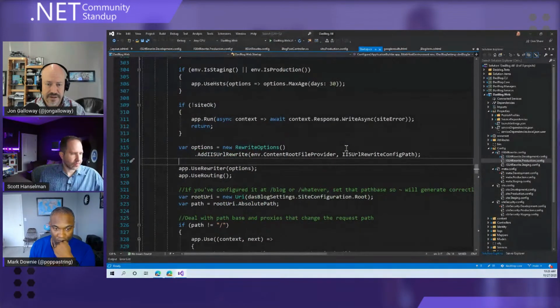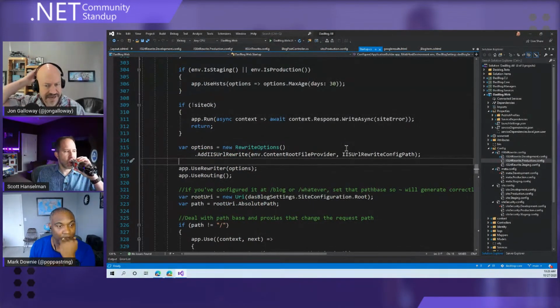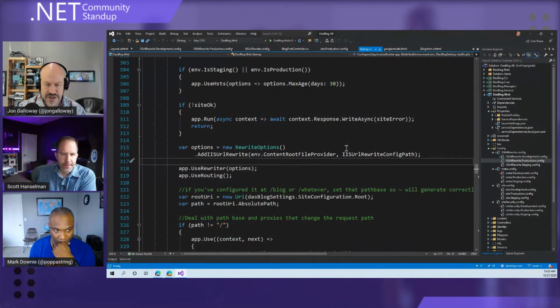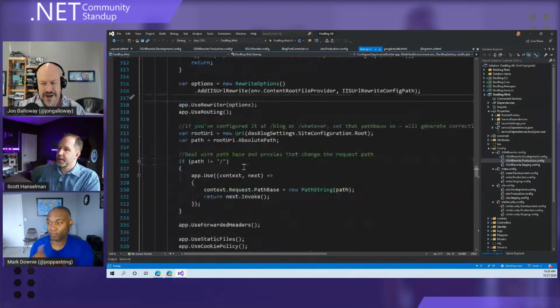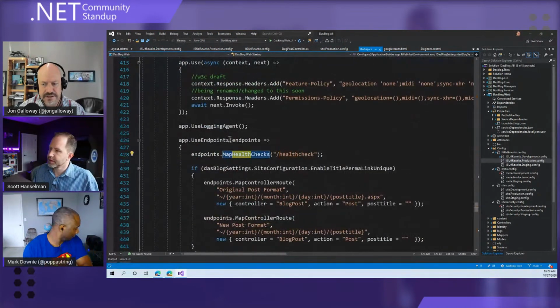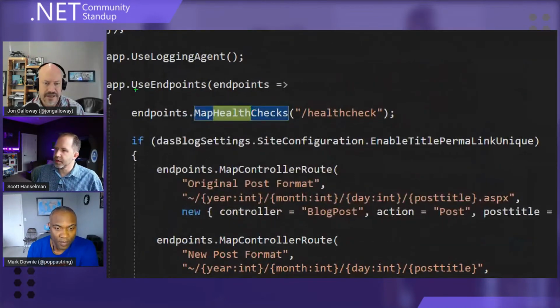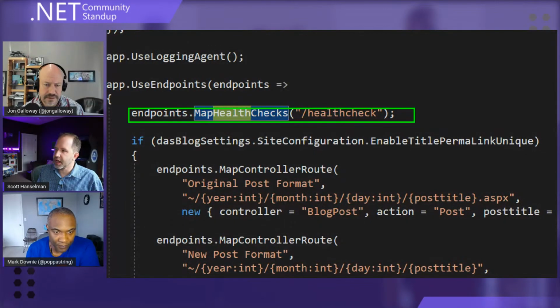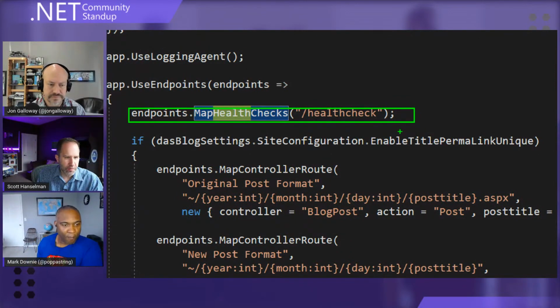Nice. Okay. So you showed there that you've got the logging. I saw as you were showing code, there's also health checks and things like that. How important were health checks and testing as you were doing this update? Well, so this one was I was finding out that I put in a ping application. I don't know if you use Pingdom, Mark, or anything like that. Do you have any kind of uptime checkers?